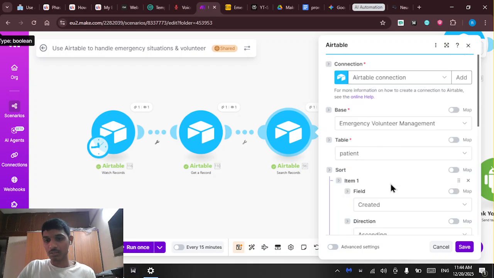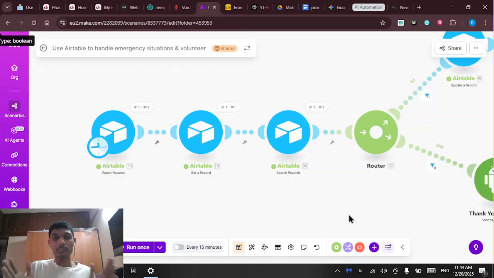These are all some basics. So fill out the corresponding base and the table which we have to work on with. So this is the major part which is being completed. So a new record is being formed in the Airtable tables. It is being updated. So the updated record is being fetched out and fetched using the getter record, and it is being searched for the corresponding free patient